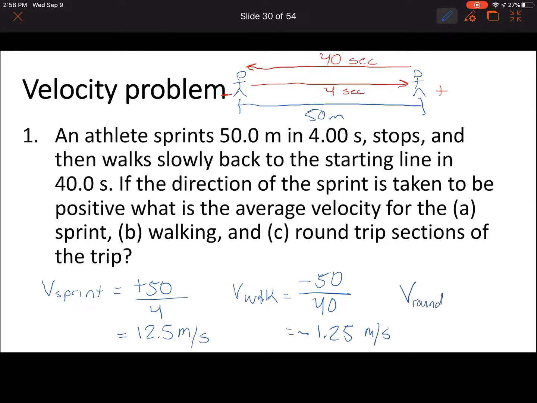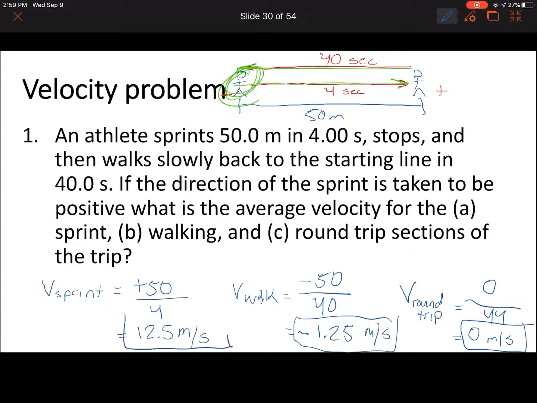How about part B, the round trip? What's that come out to be? Well, think of the round trip. What was our total displacement? We went forwards 50, then we went backwards 50. We ended up where we started. So our total displacement was 0. And it took 44 seconds to get to 0, but that doesn't matter. We still get 0 meters per second for our average velocity. And there we see